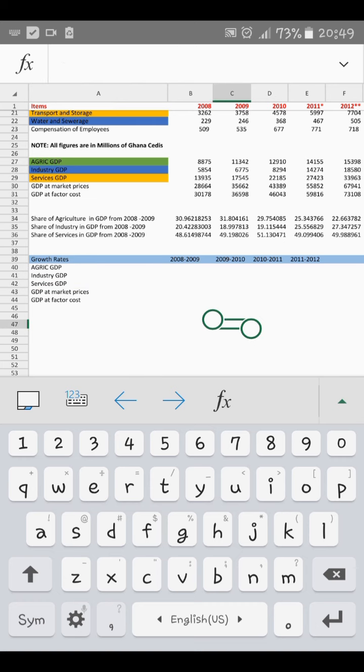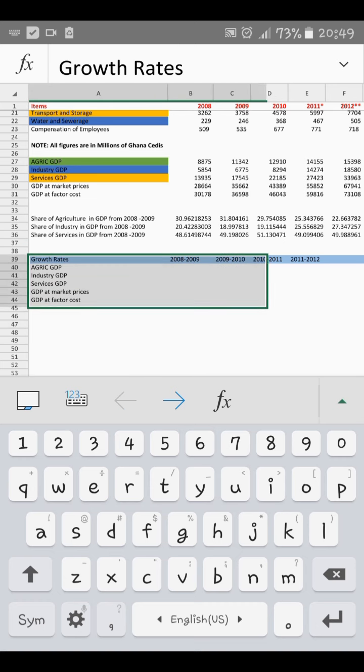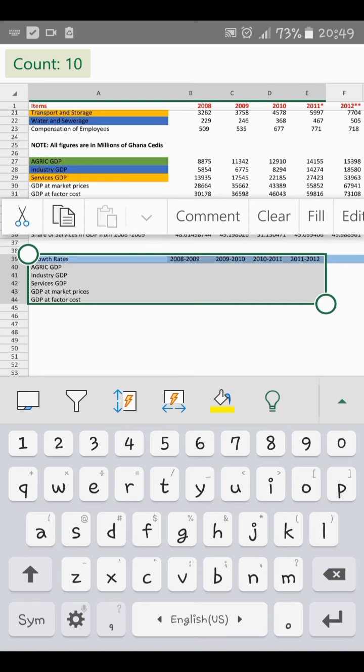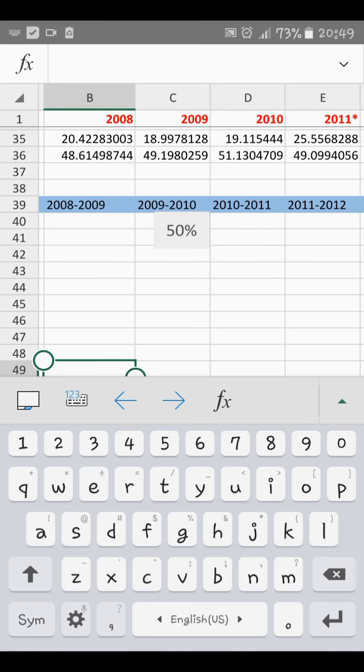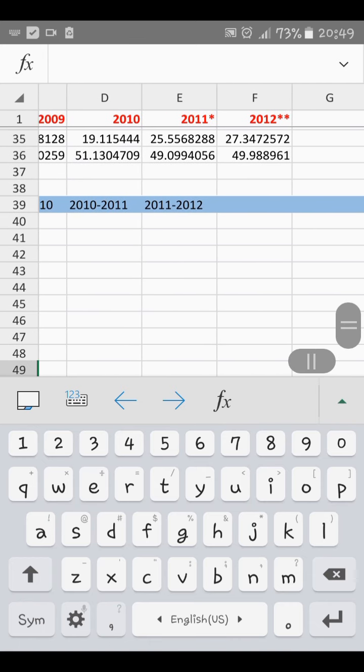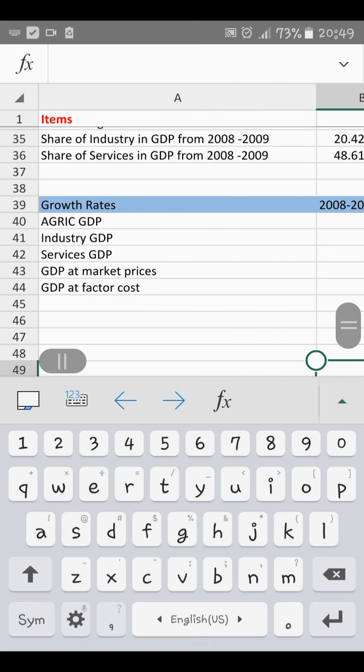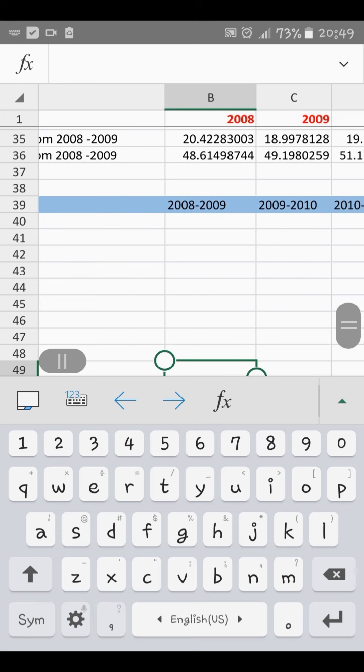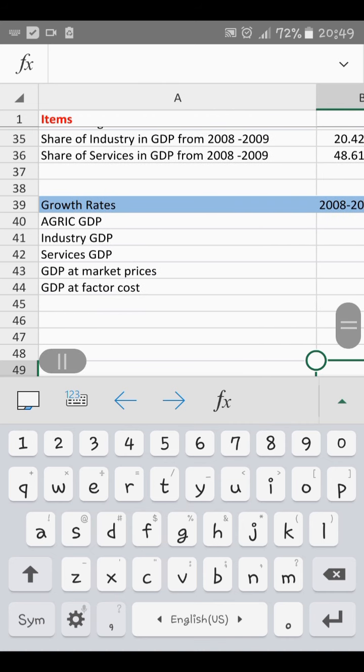So question 5 says that we are to calculate the growth rate in 2008-2009, growth rate 2009 to 2010, growth rate 2010-2011, 2011 to 2012. So growth rate in agriculture GDP, growth rate in industrial GDP. This is to help us know whether that sector is doing well as the years go by. So from 2008-2009, was there an increase in the growth rate? 2009-2010, was there an increase? So you see all the growth rates to help you know whether that sector is doing well